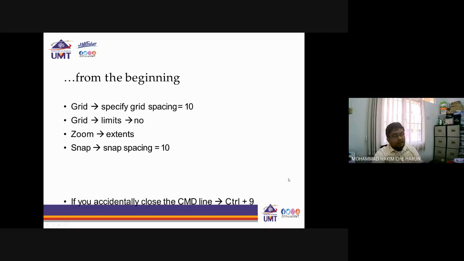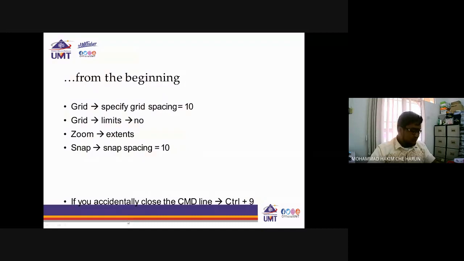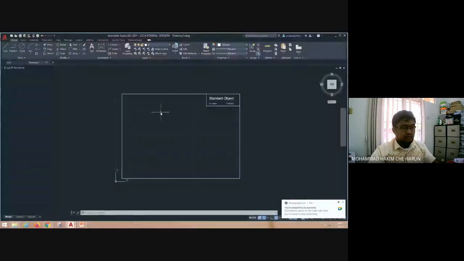From the beginning, this is the most important thing that I've been talking about. Every time you want to draw something in your AutoCAD system, you have to set your workspace limit. If you do not, you have a limitless workspace. This is the one that I've been working on, so this already has the limit. If you do not have limit,